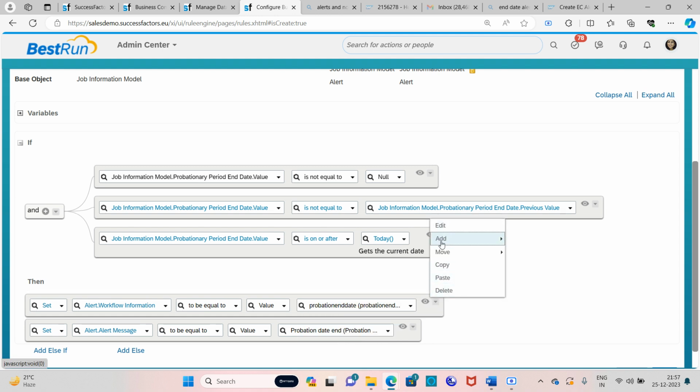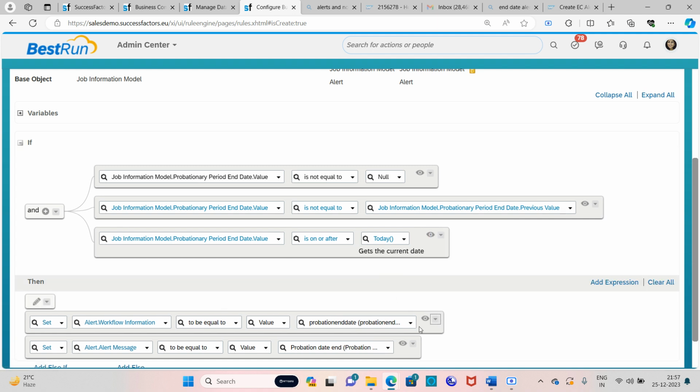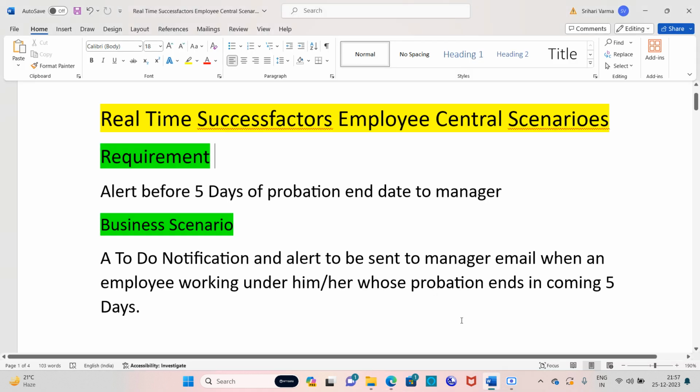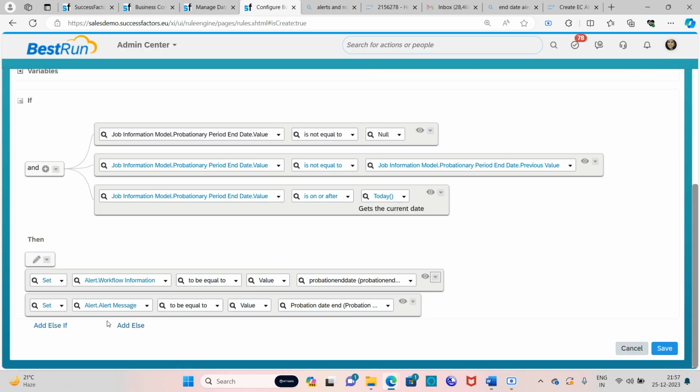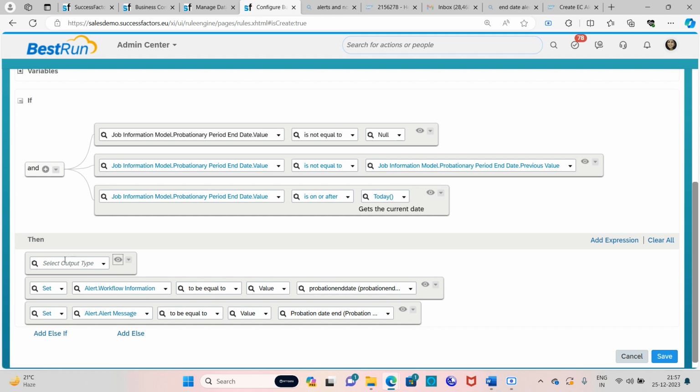Now we need to define the months or days value. Like here the scenario is before 5 days. That means the manager should get mail before 5 days when an employee's probation end date is near to that 5 days. So the manager should get a mail if the employee probation end date is coming near to 5 days. That means before 5 days the manager should get the mail. For this set alert